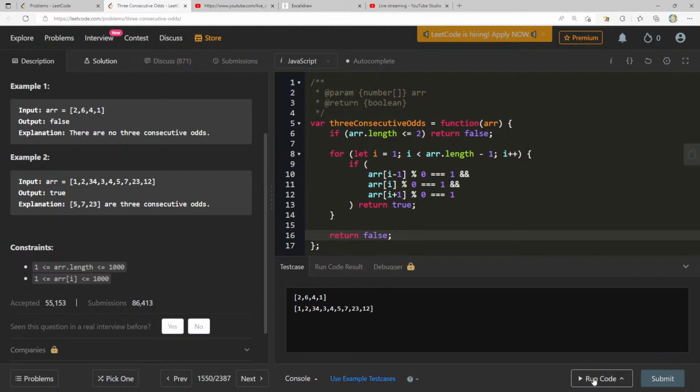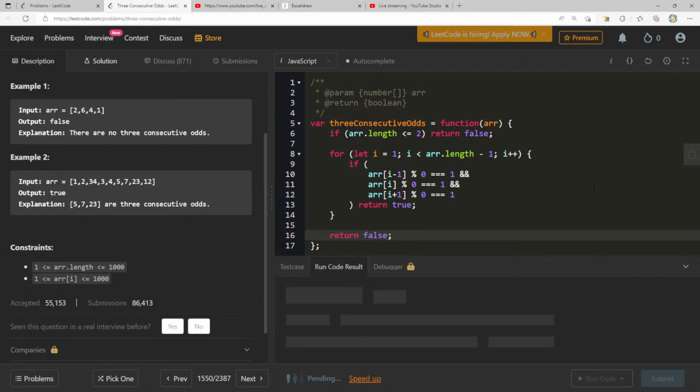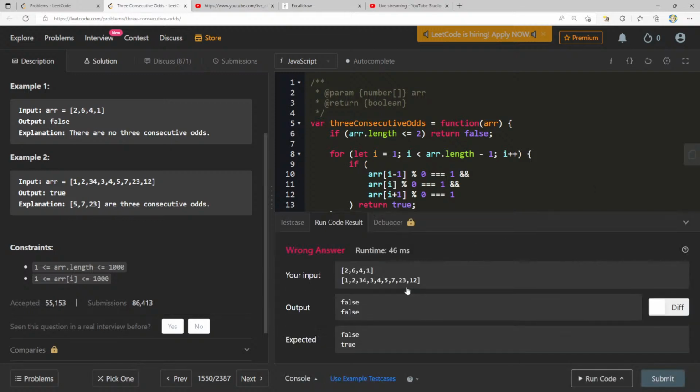I feel good about it. Let's go ahead and see. False, false, false, true. That's awesome. Let's see where we went wrong here. I got the first one right. The second one should have been true. Probably something really dumb I'm doing here. So r[i - 1], r[i], and r[i + 1] equals 1 equals 1. 3 consecutive odds. Here it should be 5, 7, and 23. Okay, so we should definitely make it there at some point.